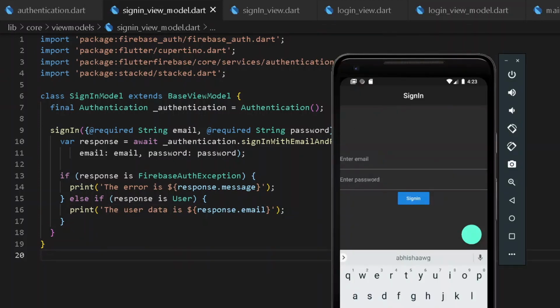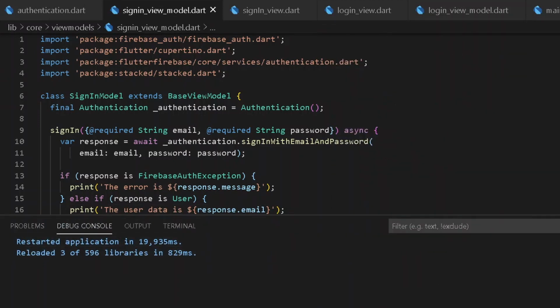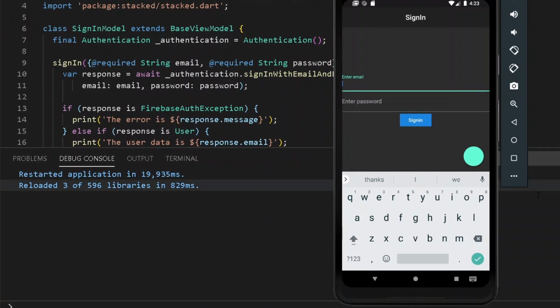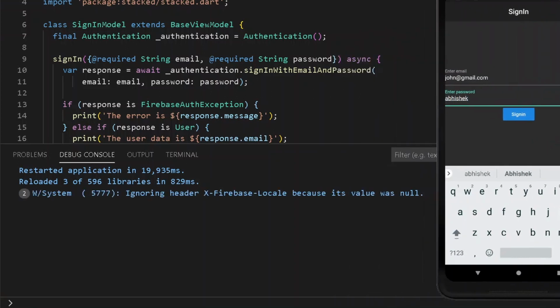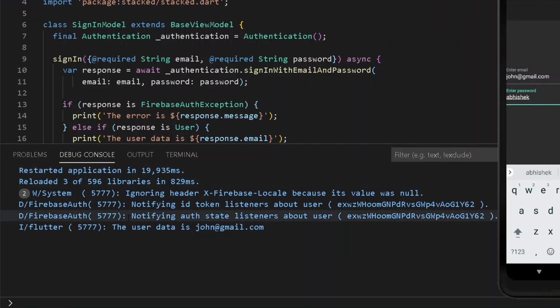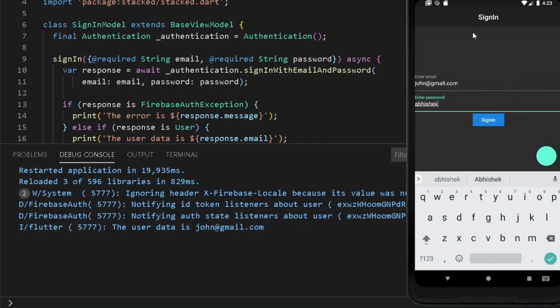So let's open our entire debug console one more time, and here let's try creating a new account. So here I will be creating a new account, also let's have its password to be my name as well. Let's press sign in. Cool, so we are getting our user data, which is john@gmail.com. Now let's do one thing. Once the following user is signed in with john@gmail.com, let's try creating one more account having the same credentials.